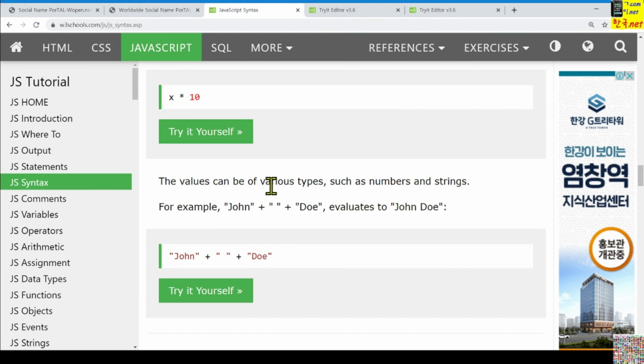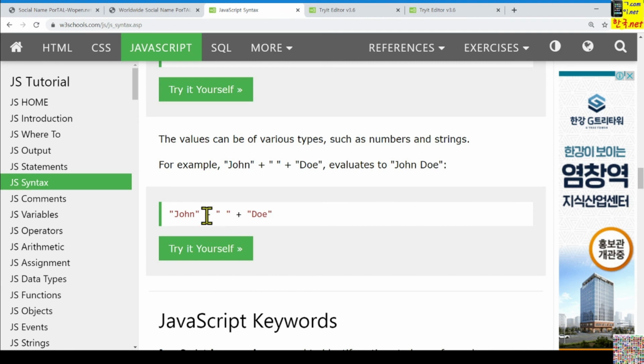The values can be of various types, such as numbers and strings. You can use this, for example, John, quoted with double quotes, and you are using a plus sign here. This one is not an arithmetic plus sign. This one is the concatenation operator.